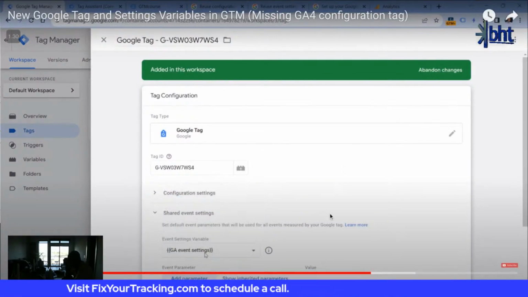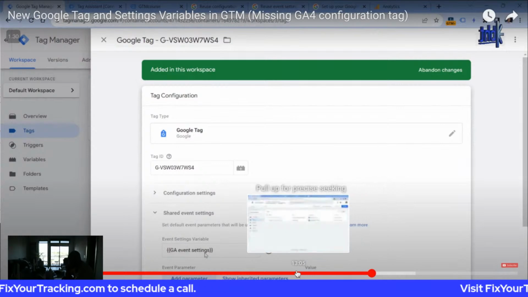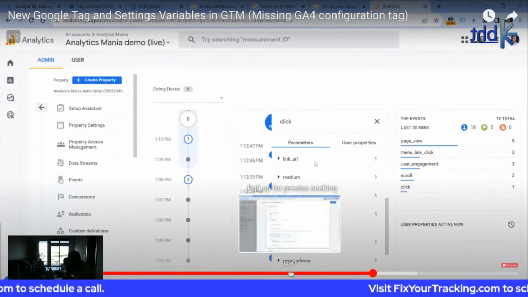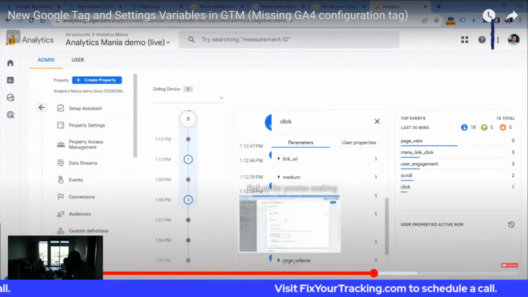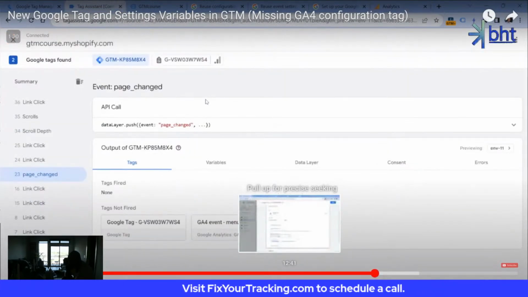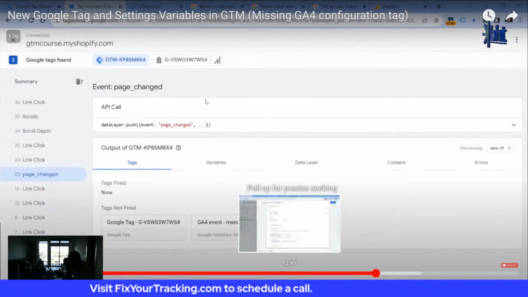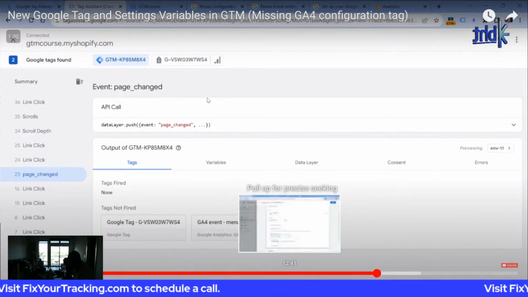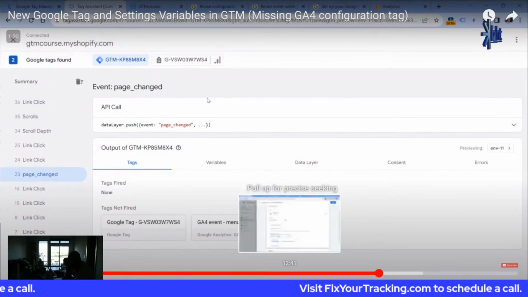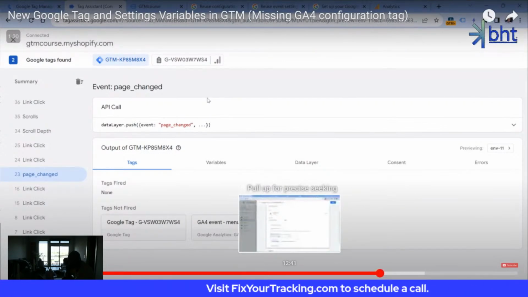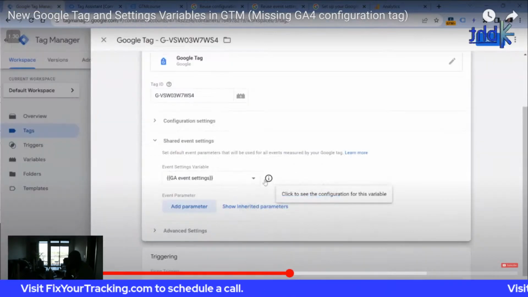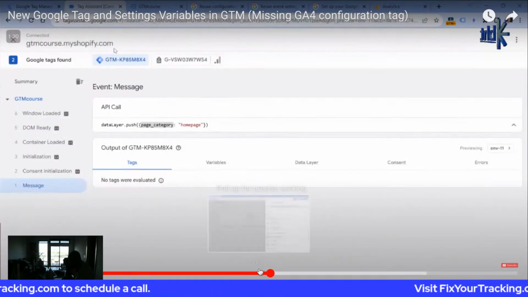And then automatically tracked events such as scroll, outbound link click tracking, they will get the latest value, which should have been articles, not homepage. But if you fire the Google tag several times on the same page, keep in mind that the newly fired Google tag will overwrite the configuration of the tag that fired previously. And I mean that the Google tag will overwrite another Google tag's configuration if in both cases the tag ID is the same. So if Google tag XYZ, which parameters are inherited from this,